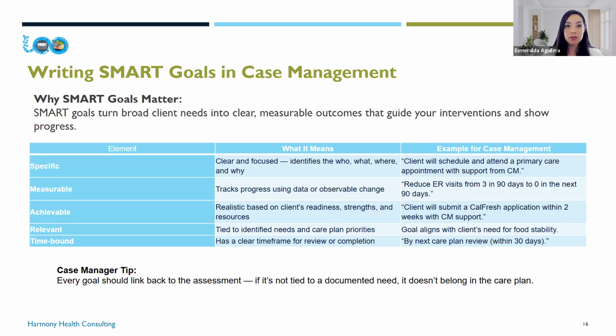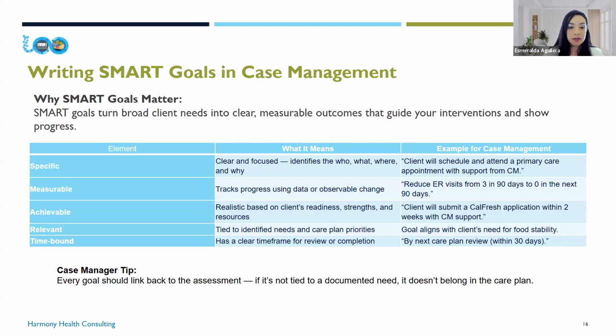Kind of going back to the 3 different philosophies and core values in case management that Darlene spoke about. These are their goals. So when we're creating these goals and working them out with them, if the client will be submitting an application within 2 weeks, we've got to make sure we're adding case management support if the ultimate goal is that you will be supporting that task to happen. This is attainable because the steps are clear and the case management involvement is in there.